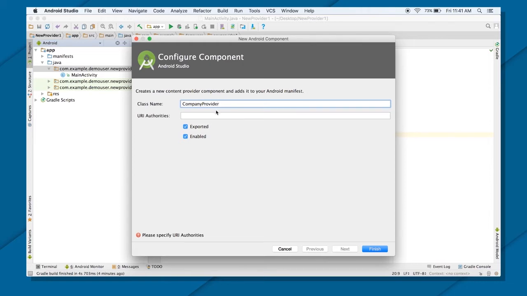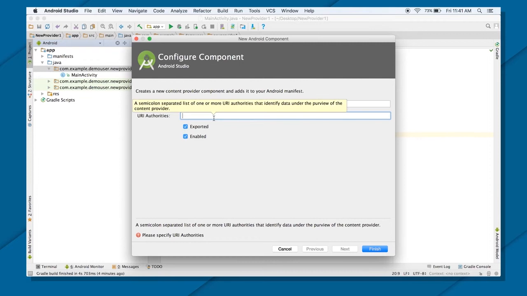This is the name I'm giving, and you have the option to give the URI right here also. If you don't want to give the URI now, you can give it later, but in 2.2 you have this option. So right away, let's give the URI. It can be anything. I'm putting com.lalit.my.company.provider.